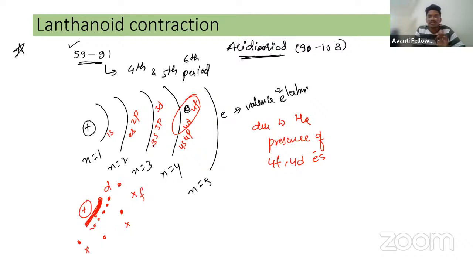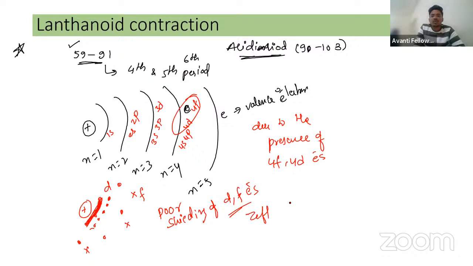Then due to the poor shielding of d and f electrons, the Z effective over the outer electron